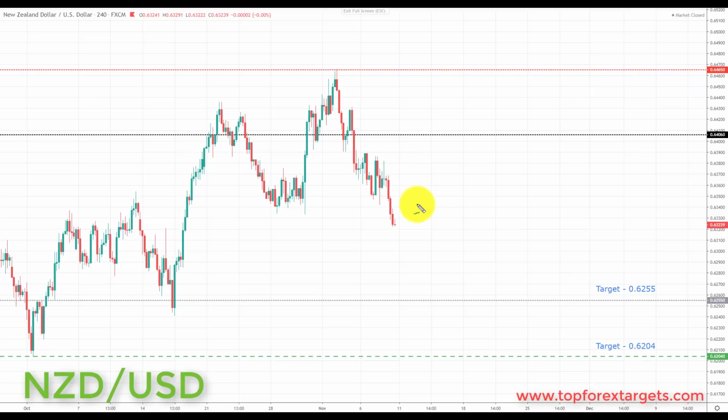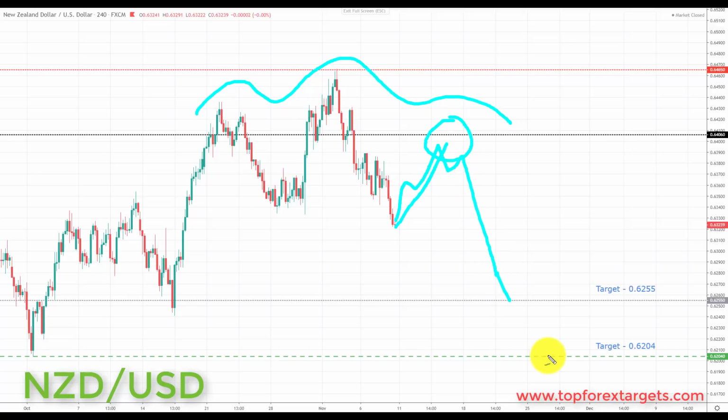But very simply put, what we're going to be looking for in this market next week is if we can get a pullback, and any pullback in this area, preferably as always, if we can come back and retest broken support, turning resistance at the 0.6406. This would give us this head and shoulders pattern. We would like to see in this area if we can start to look for those bearish formations and patterns. And we're going to be looking at initiating shorts down towards the next key area support to the downside and the target set at 0.6255. And if we can get a break through here, we're going to be looking down towards the next key area support to the downside and target 2 at